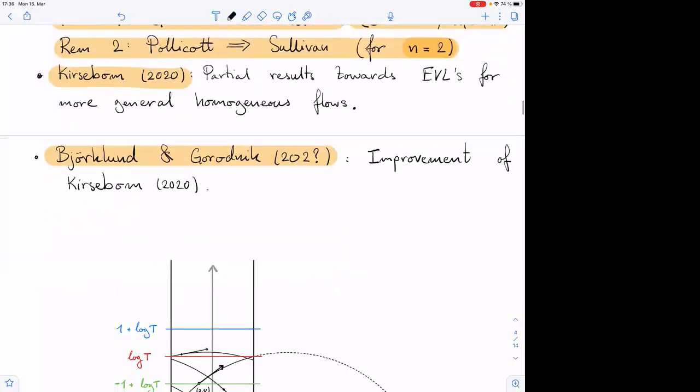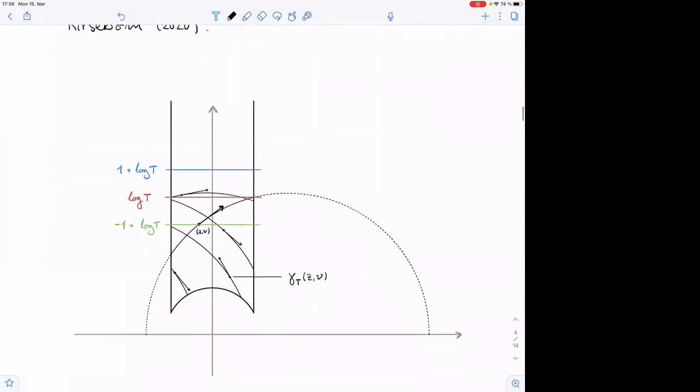Okay, just to further explain a little bit how to understand this Polycott result, here's a picture again in the upper half plane, where we again have our fundamental domain. And in this case, log t is the expected growth rate. So here's a random point, giving a random geodesic. And we're basically asking the question, has our orbit up to time t beaten r plus